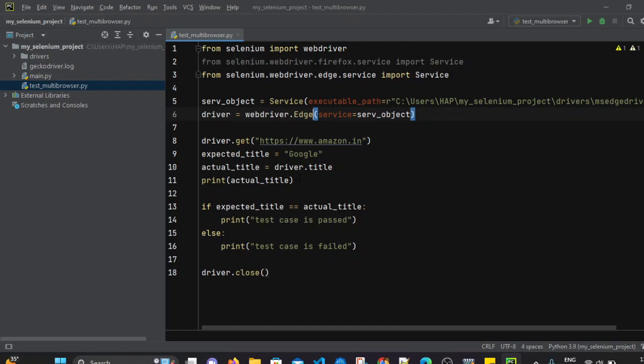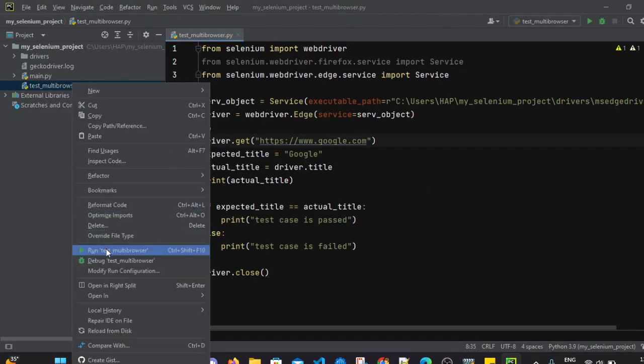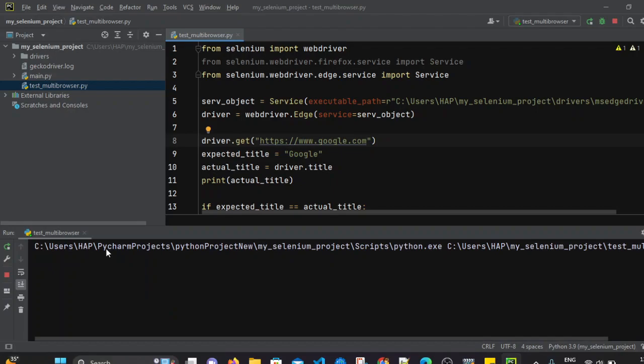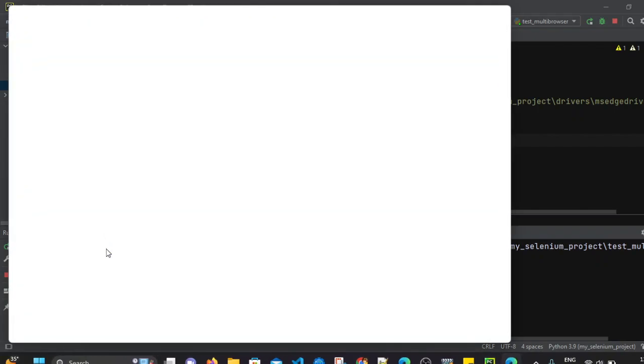So now let's execute this code. First we will launch google.com. It should launch the Edge browser now. I am running this file one more time. It is launching the Edge browser.